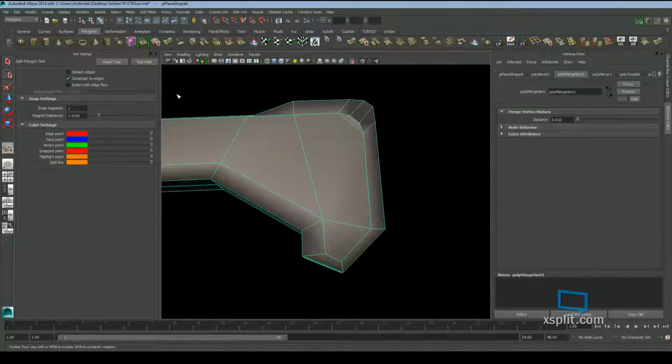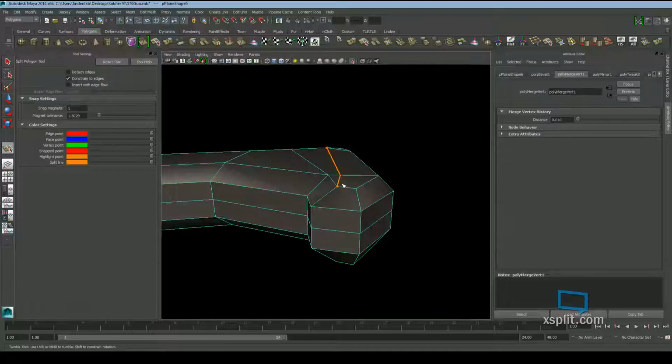My magnet tolerance is pretty high right now, so you'll see it snapping to points pretty easily. So I'm going to start from this point right here, and I'm going to go around. You wouldn't normally do this if you were just doing a low polygon, but we're going to be turning this into a sub D model, so we need to maintain edge flow pretty well so we can actually sharpen our edges, and you'll understand this